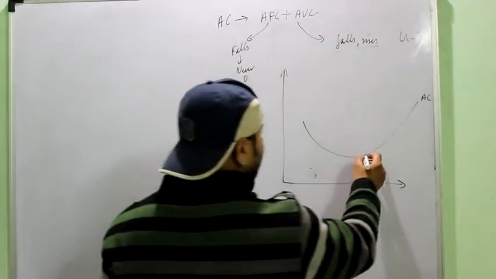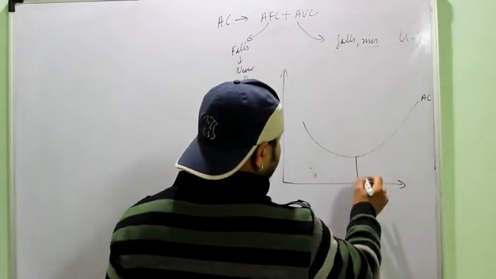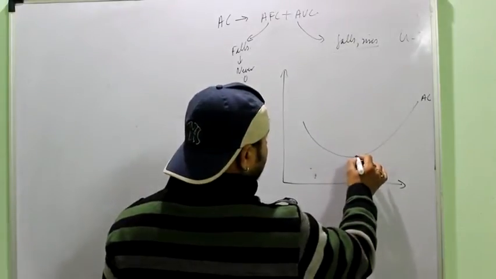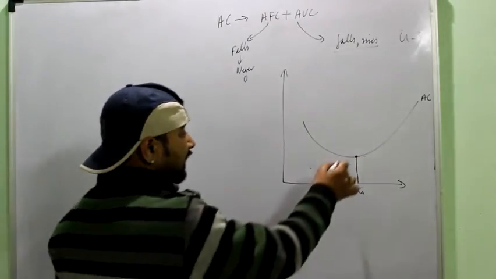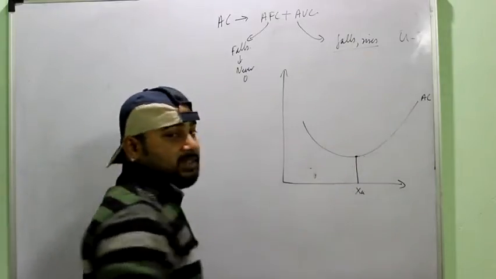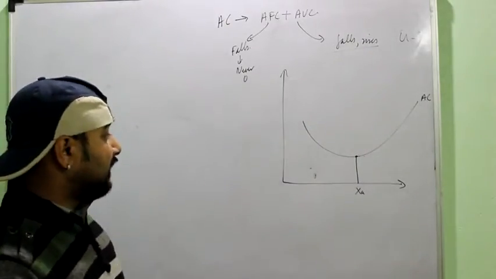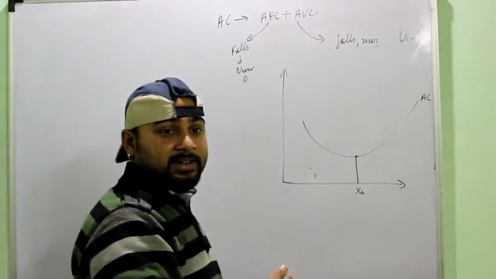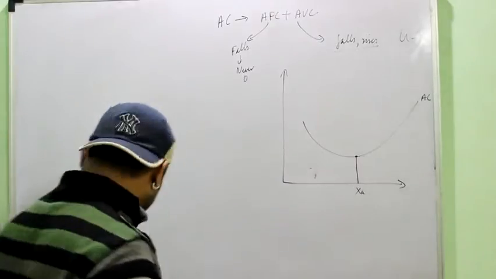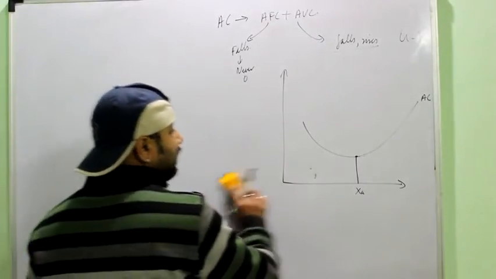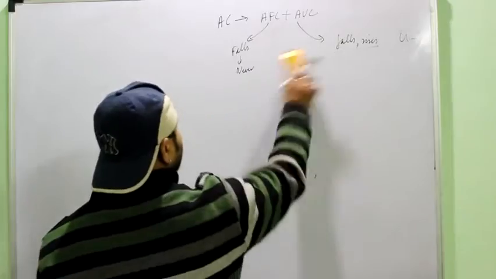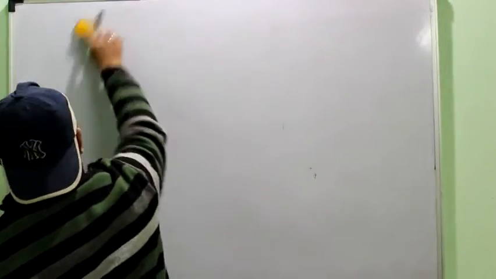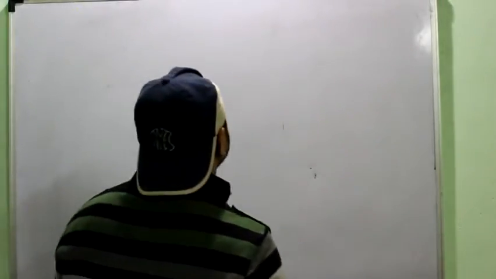This is the point till where it is declining. After this point it is rising. This is the minimum point of AC. So it means still here the rise in the AVC is being compensated by the fall in the AFC. But after this the rise in the AVC is more than the fall in the AFC, and then it eventually starts rising. Okay, this we will do in detail also in the third when we do the relations. Then we have to study why this happens, that AC falls for a longer time than AVC.